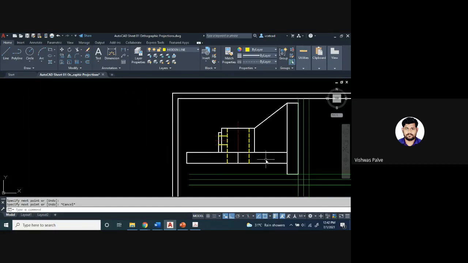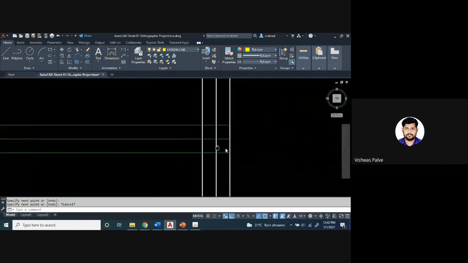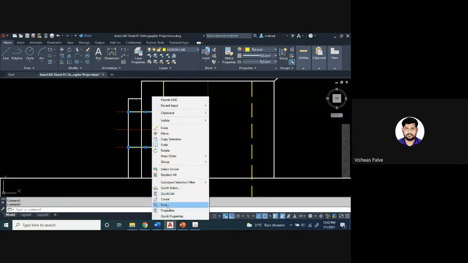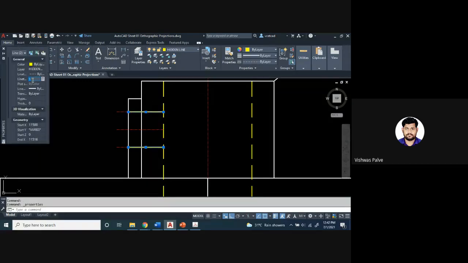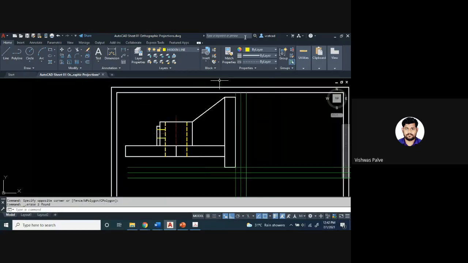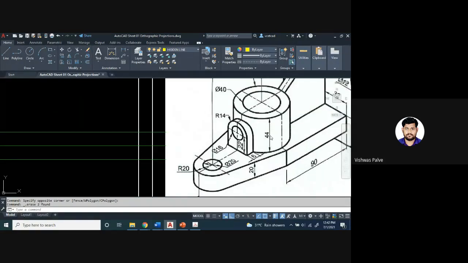And that hole will be throughout. Whenever there is a hole, it will be throughout the object. Okay, so that we are showing it. Select this line and change the property of that. This was drawn as a reference, so I will delete it. Okay, so the cylindrical part has been completed, this curvature.